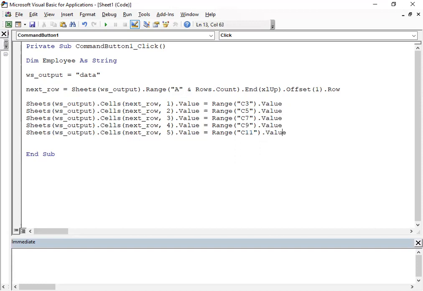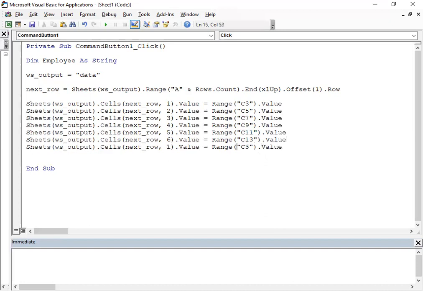All odd numbers because we put blank row in between the fields, right? Then paste again, then almost there, 6. Then this would be C13. Okay,